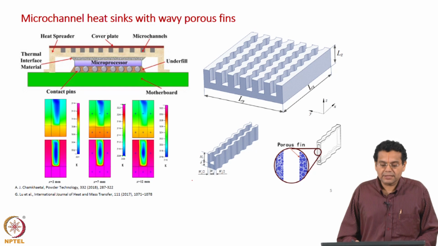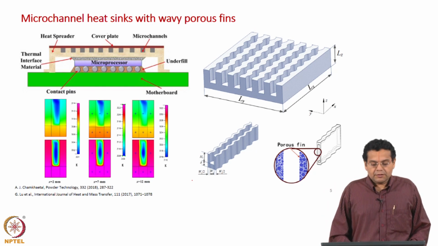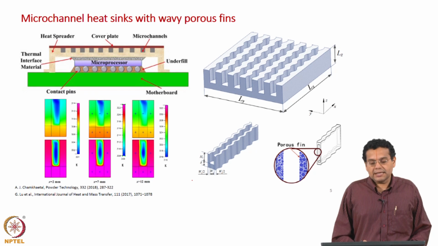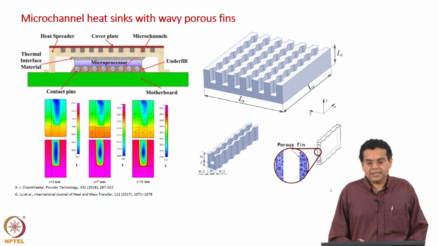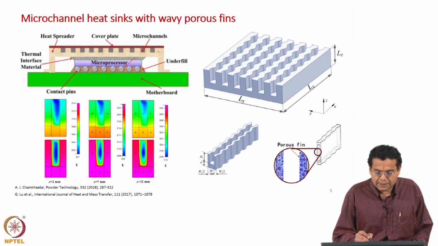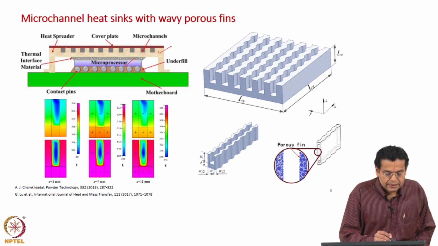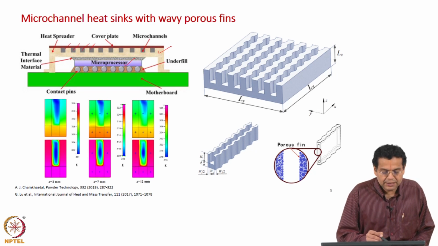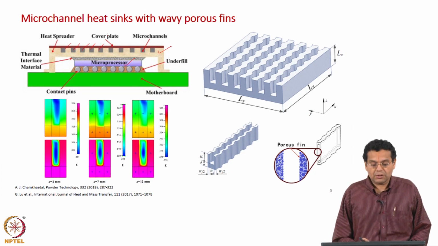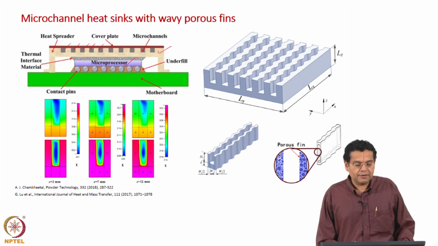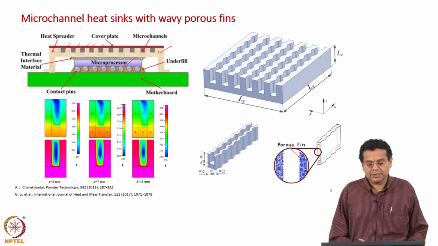The next example is a microchannel heat sink, which is used to remove the heat generated in microelectronic equipments, and that is what is shown here. A microprocessor is shown in which heat is generated, and a microchannel heat sink is shown here, and these are the channels through which a fluid is sent. It could be a liquid, could be air, or it could be a nanofluid, which helps to remove the heat that is being generated. We already seen this example when we discussed applications for the linear momentum balance equation.